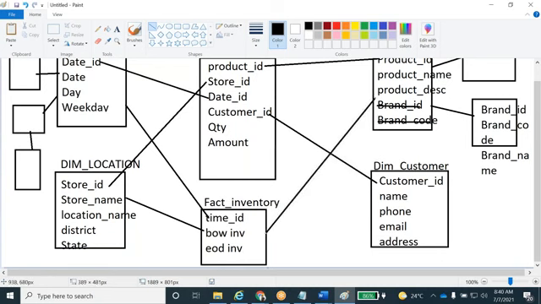So this is the complex schema. Whatever tables are there, like this they're going to build the schema. Understand, right? This is a complex star schema.